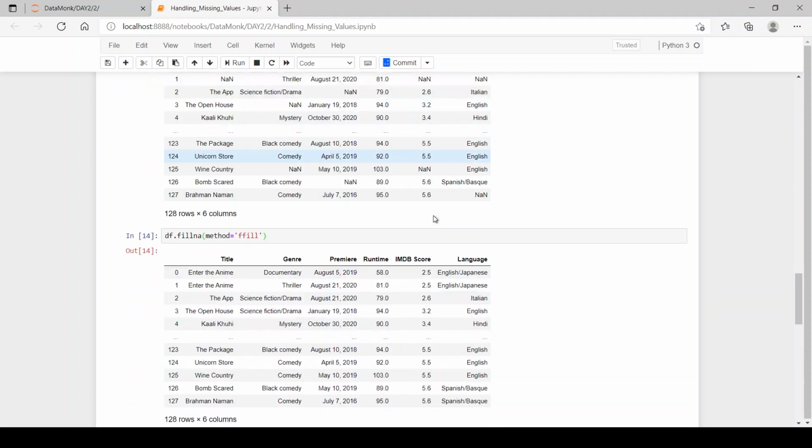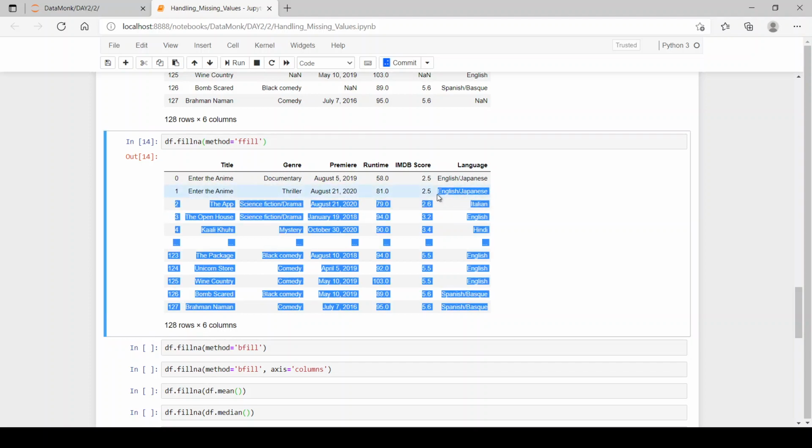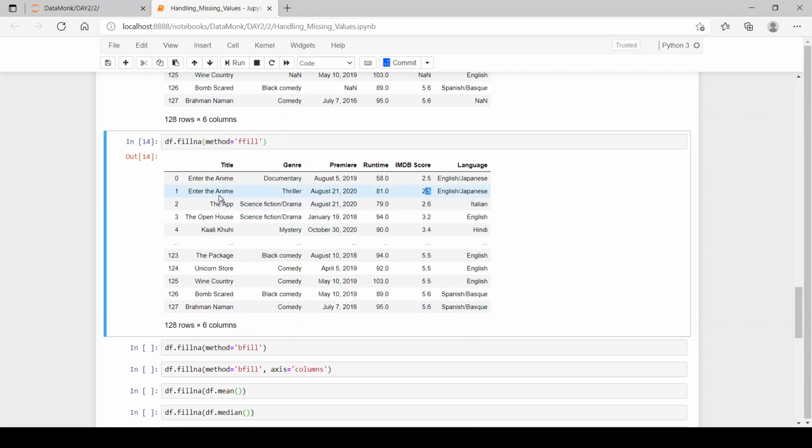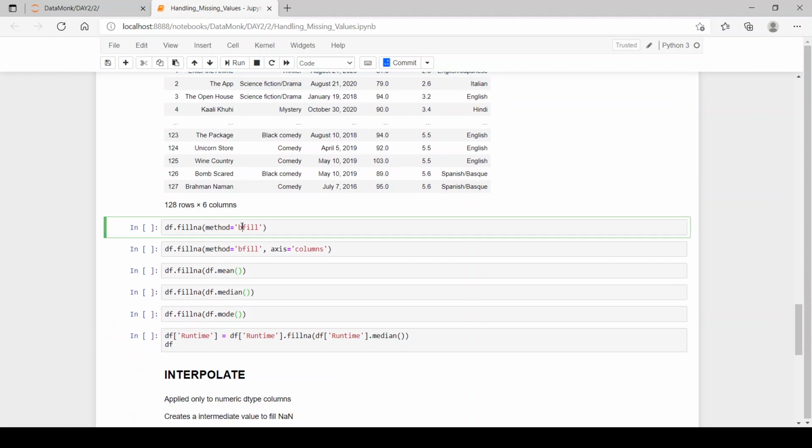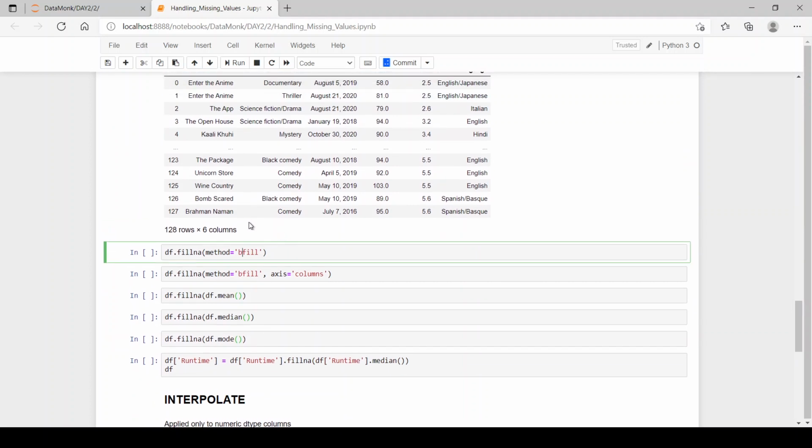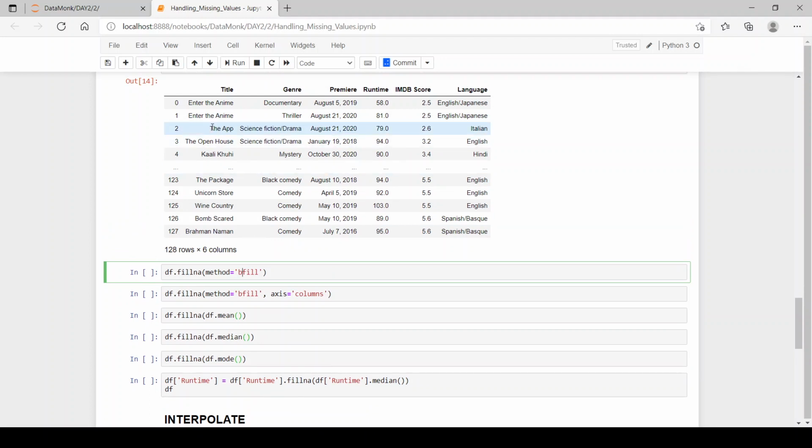So let's see, we have English/Japanese, 2.5, then Enter the Anime, and now bfill, meaning backfill, will do the same thing, but it will check the next row and then fill accordingly. Now here we have Enter the Anime, but after this method we will have the next value, because it is the next value which we have after the NaN value.